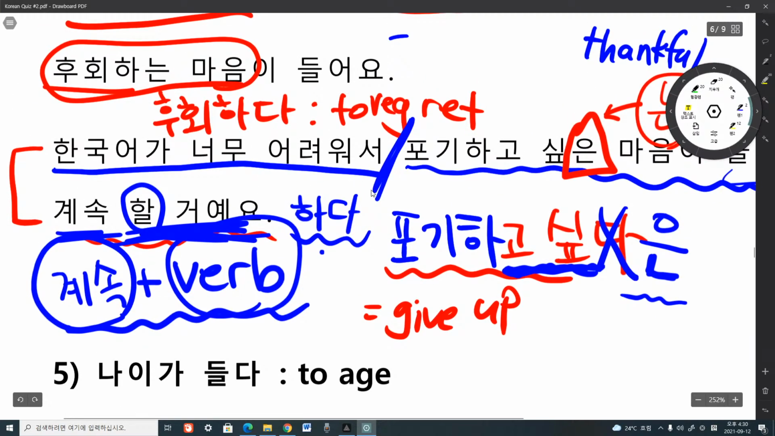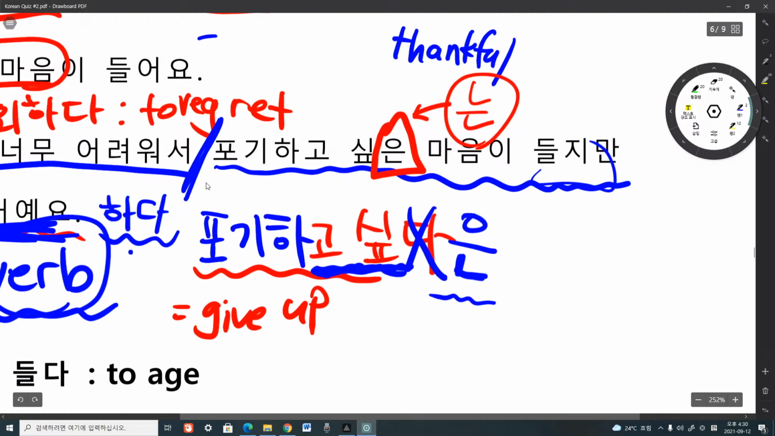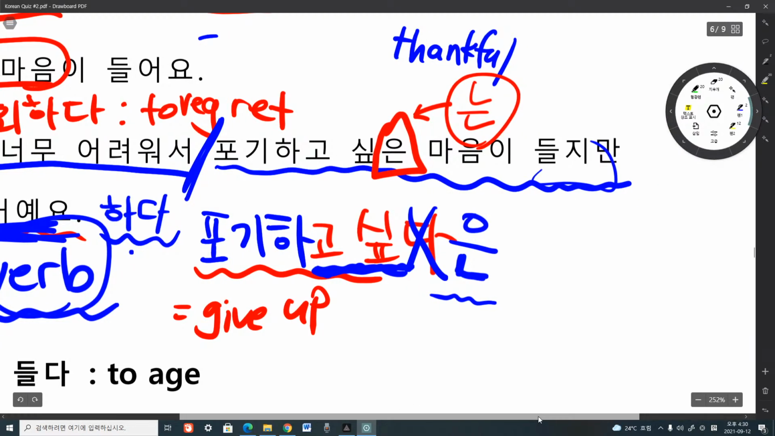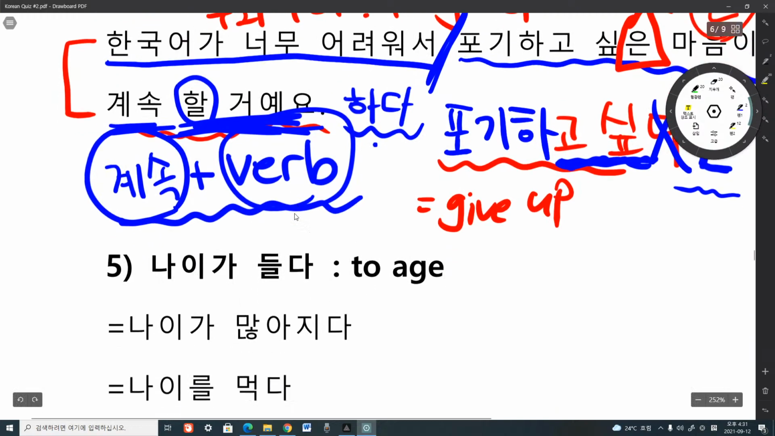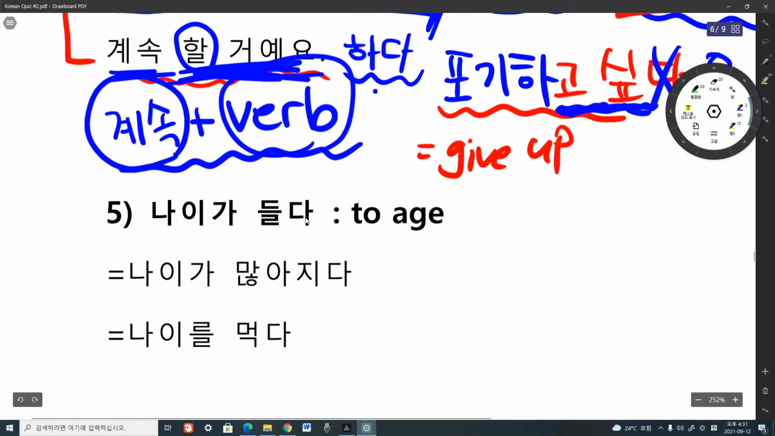So 맞아요. 한국어가 너무 어려워서, Korean is too difficult. So 포기하고 싶은 마음이 들지만, I feel like I want to give up. But 계속 갈 거예요. Like I will keep going. I will keep going. 계속 갈 거예요. 오케이, 잘했어요. 그 다음에